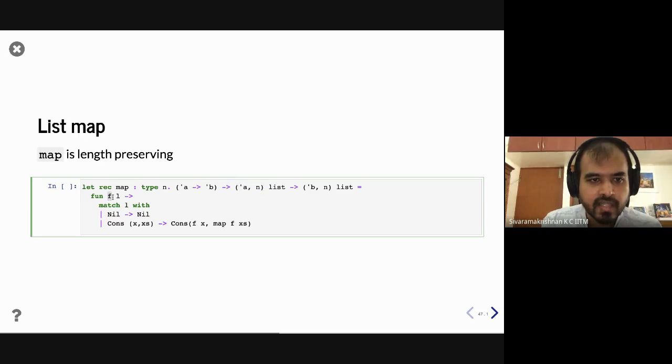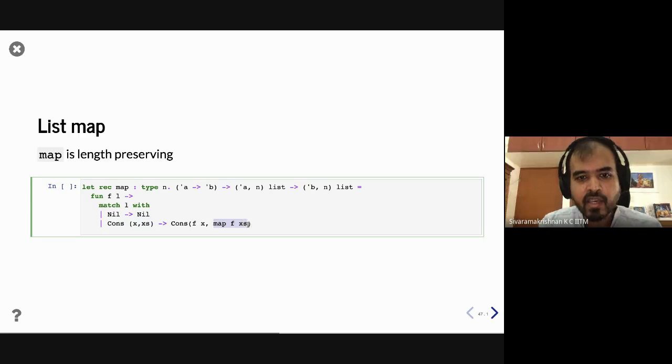So this is a higher order function. This is a list argument. You match the list. If the list is nil, then the length is 0, and we just return nil out, which also has length 0. So 0, 0 matches. So this particular property is satisfied. For n, this could be 0, this could be 0. That is fine. What about cons? There is a cons here. So the length is going to be some n plus 1, and